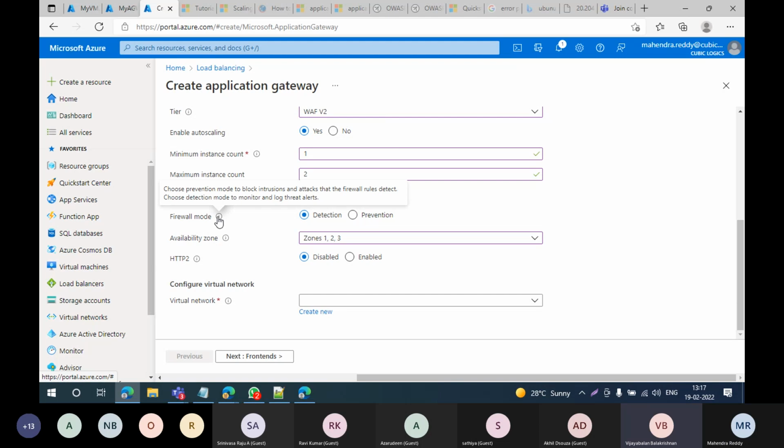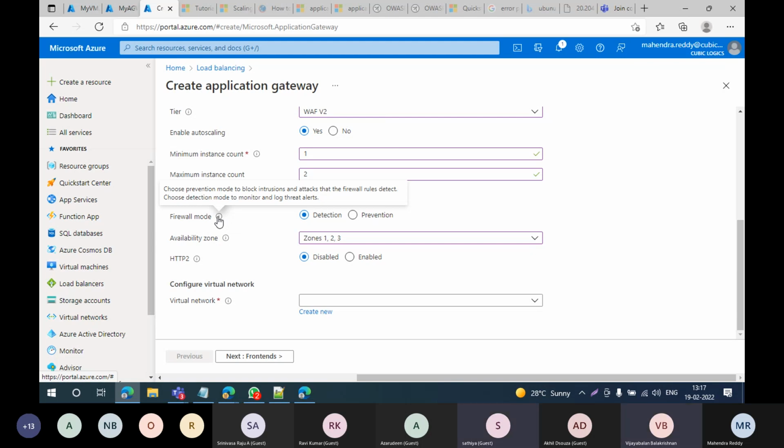See, if you simply want to block attacks, you can go with prevention, because they have predefined rules on top of your rules, Satya.